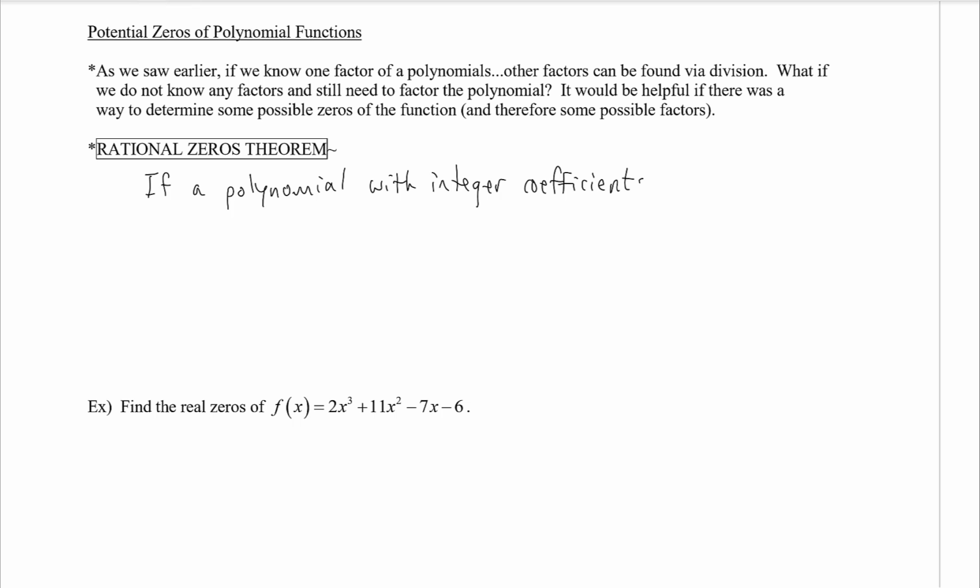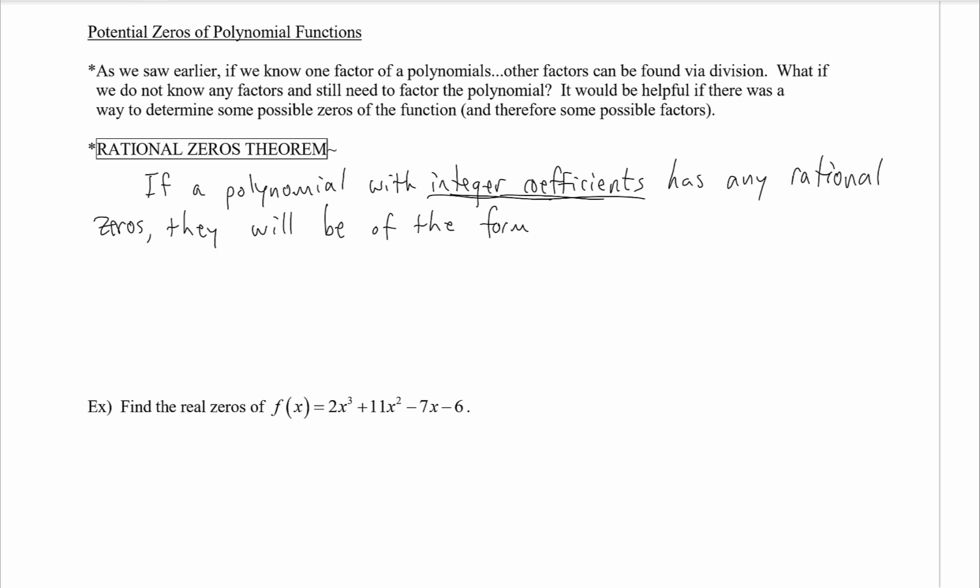You have to have integer coefficients. So again, don't read right over that. That's important. Has any rational zeros, they will be of the form p divided by q,